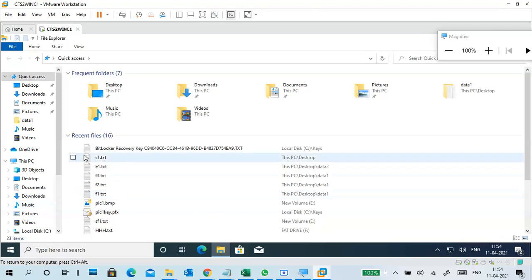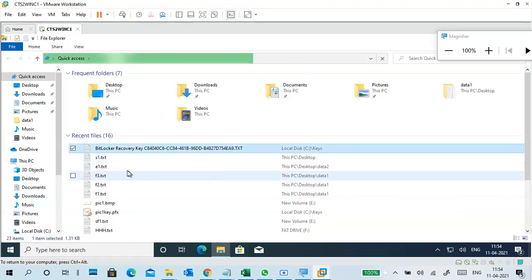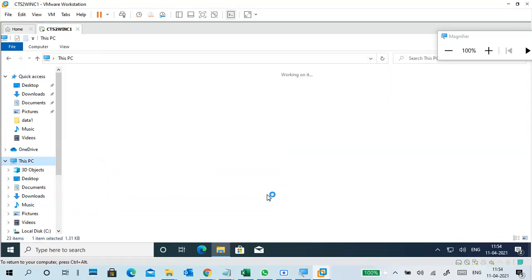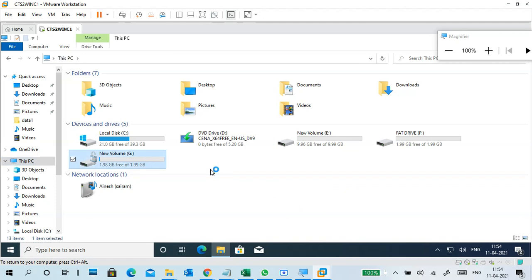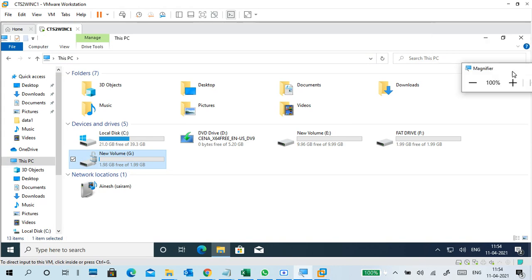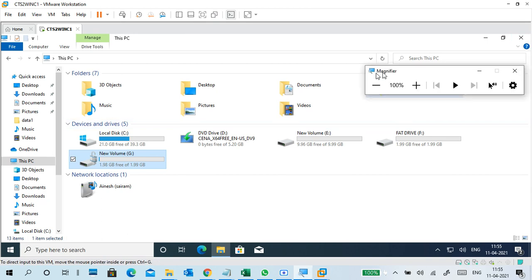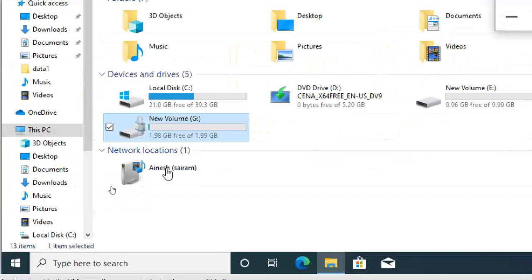Okay, how to use this recovery key? First we will see that one. To use a recovery key we need to lock it, right? Okay, so we have to shut down and restart, then only it will lock. I will show you how to turn off this one first. At least I will show you the option.